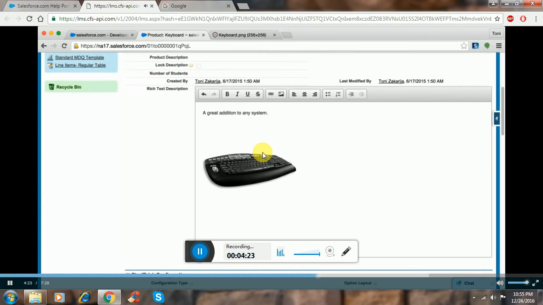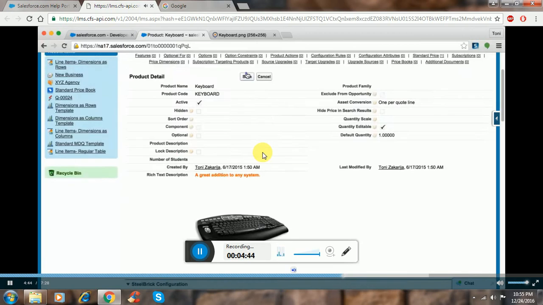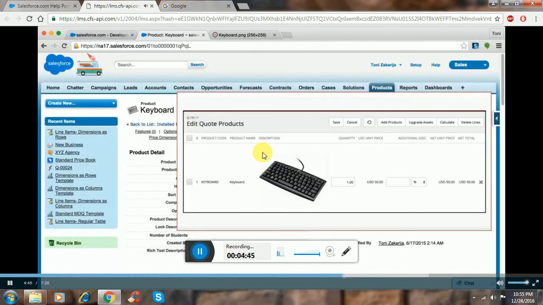Now be mindful of image size. You'll want to stick to smaller icon size images. Also keep in mind that the size of the image that you see here in this editing dialog will not always be the same size that appears in your quote line or your quote documents. So be sure to test it out. Click Save, and this is how your rich text description will appear in your line editor. Let's move on to our next feature, hiding product prices from